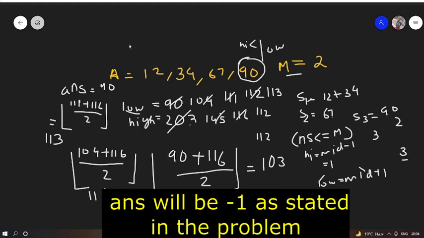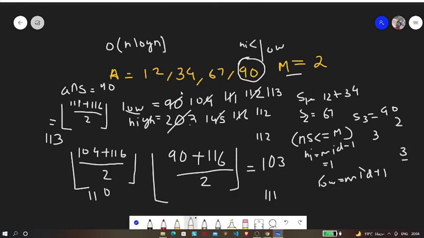Now the time complexity for this algorithm will be big O of n log n. The reason behind it is that we are using a binary search over here, and for each binary search we are going through the whole array, in order to find how many students are required such that this mid condition is satisfied, and hence it is n log n. Now what about the space complexity? The space complexity is big O of 1 because we are not using any extra space over here.